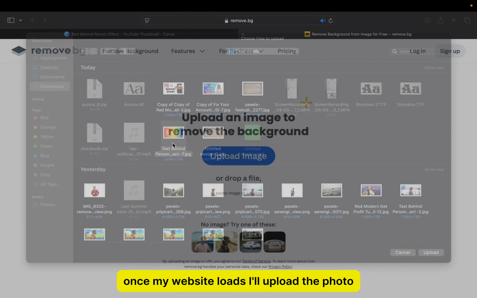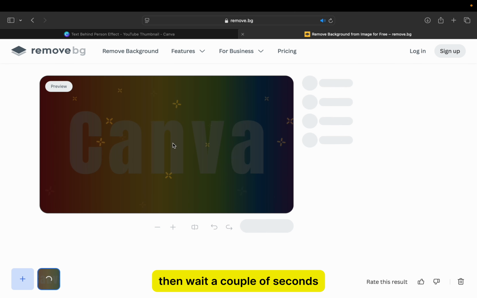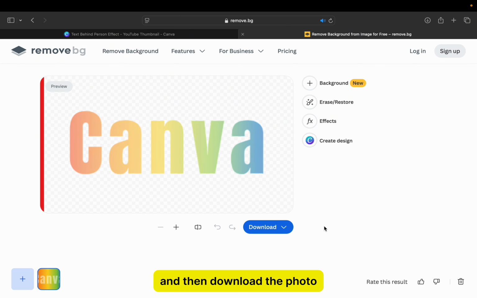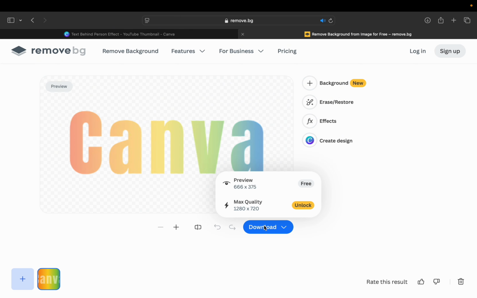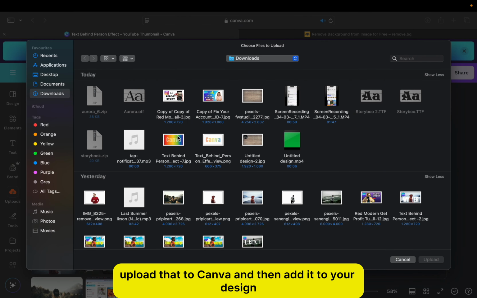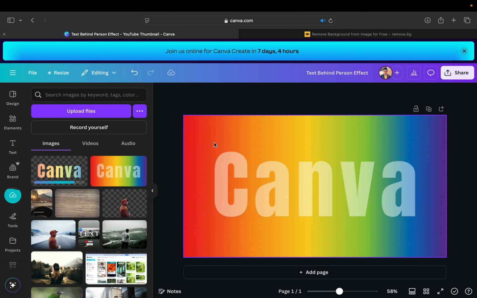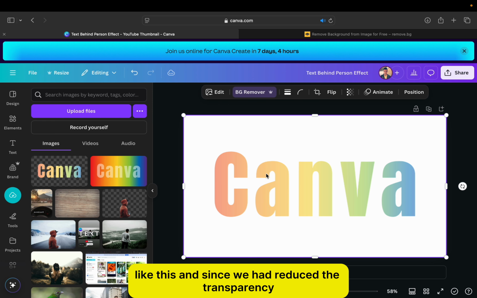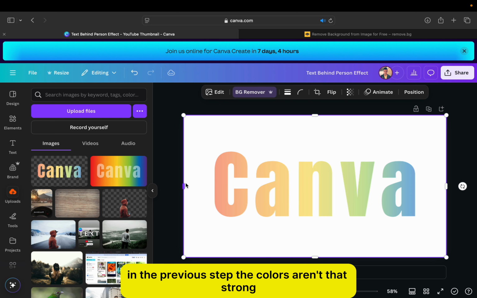Once my website loads, I'll upload the photo, then wait a couple of seconds until the site removes my background, and then download the photo. Upload that to Canva, and then add it to your design. Your text should look something like this, and since we had reduced the transparency in the previous step, the colors